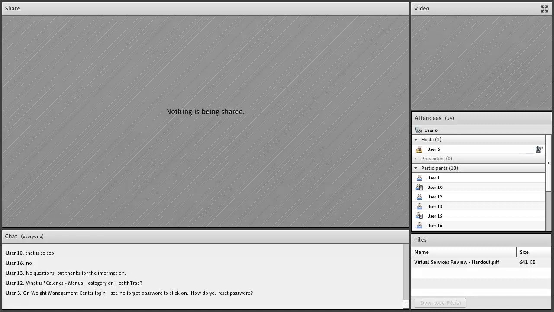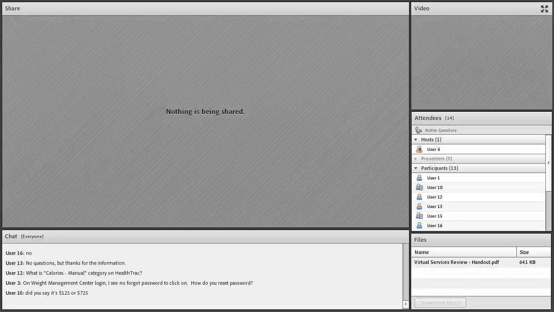We have a few folks who, regardless of how hard we've tried to convert them to Health Trac, want to continue using some other system for tracking their food and beverage intake, like MyFitnessPal or Lose It. So we put that metric in there so that patients could at least tell us how many calories they consumed using that other system.